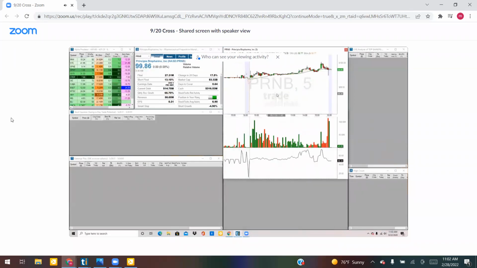All right, now here is what we'll call not a good cross. So we're looking at PRNB. And the area in question is right here. Okay, we do see a 9 crosses underneath the 20. So the 9, the orange, crossing underneath the green, the green is a 20 SMA. We see it crossing under, okay? However, it's not a strong trend. And when you don't have a strong trend, meaning when you have consolidations, then it crosses over, you get a